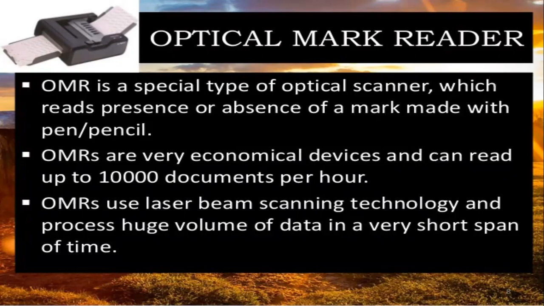Whatever you have marked, your roll number, or whichever right answer, wrong answer, the machine will be checking. If we insert that particular booklet into that machine, it will check how many correct answers there are and everything. Manual checking takes much time, but at a time it can do around 10,000 documents per hour. Like a printer, we simply need to insert our paper, and it will automatically check the answers and give the output to you.